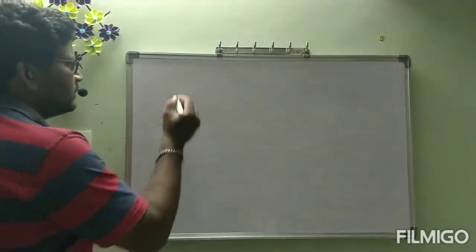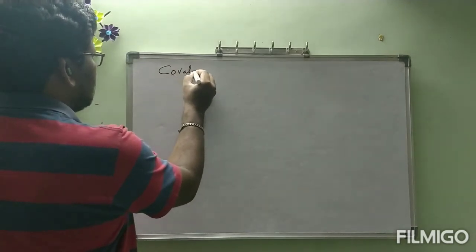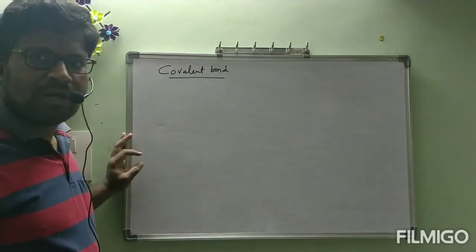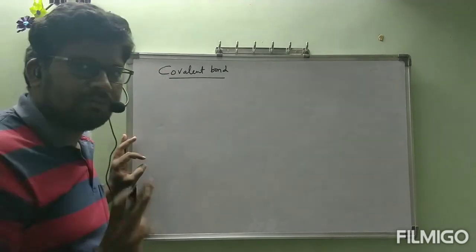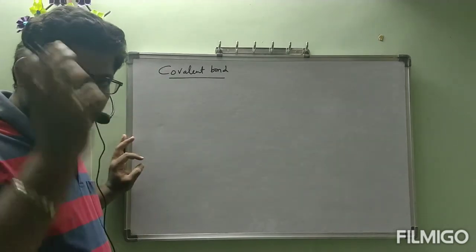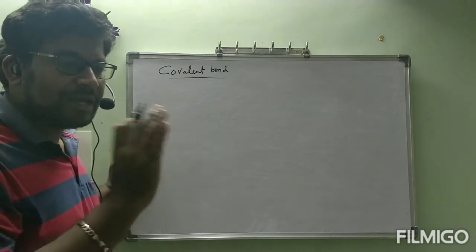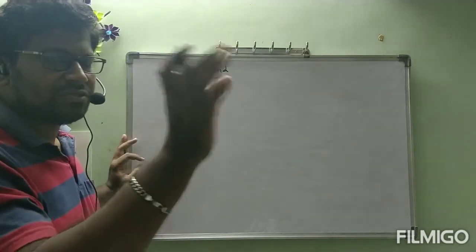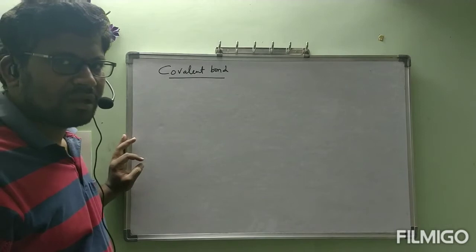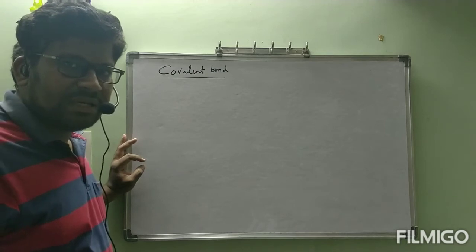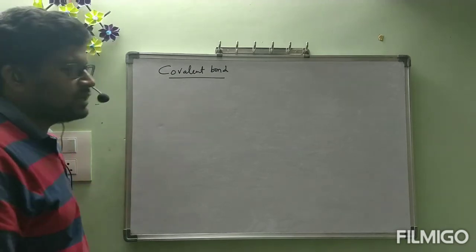So in today's class, we will start with covalent bond. Second type of bond, that is covalent bond. Major chemical bond and molecular structures chapter is related to covalent bond only. Okay, but the definition, all these things are simple only. Chemical bond and molecular structure: to explain molecular structures, so many theories we have. That is the thing we have to see, but simple only. I will show with the help of models, you will understand easily, not a problem at all. Now let us start with this covalent bond.